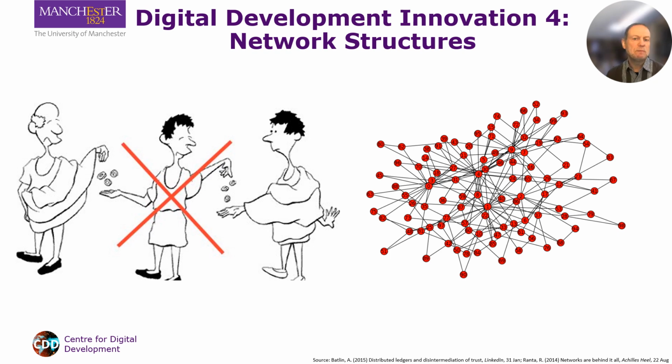In particular, digital development can be based around flat network structures that provide an alternative to hierarchical structures in which there's some central control point. Here are 2 illustrations. First, disintermediation. For example, e-government eliminating public servants as gatekeepers to public services and thus reducing the need for paying bribes. Second, peer-to-peer network structures that allow individual producers and consumers to interact with one another, such as via some e-commerce platforms.